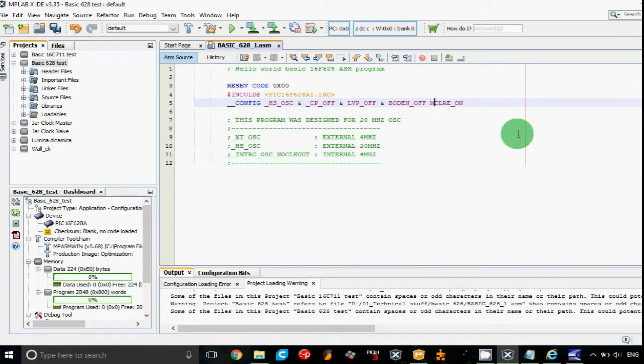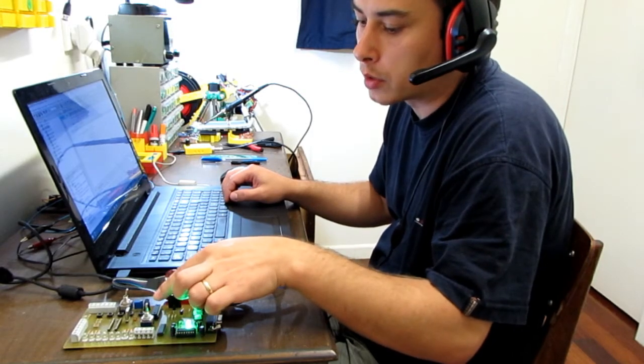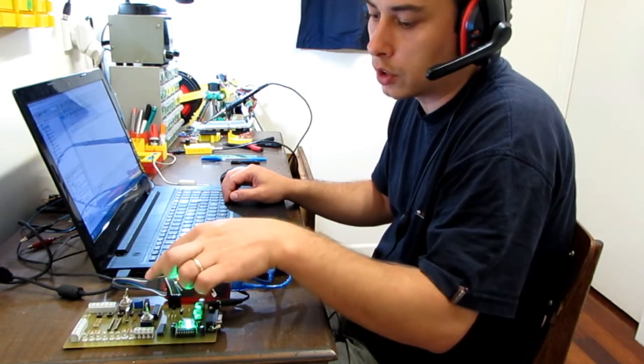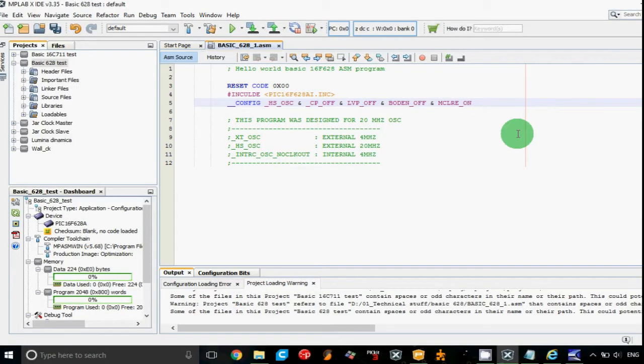This pin right here, this fuse right here enables the memory clear enable pin. In my configuration, as you will see on my website, I have a resistor connected between the plus of the system, so the VCC of the system, and the pin designated for memory clear enable. So the next fuse is actually the